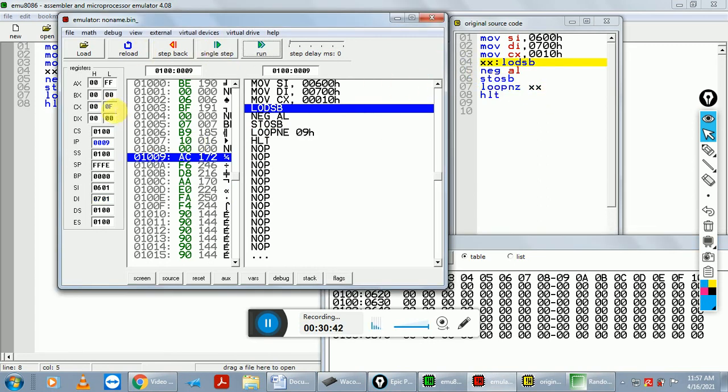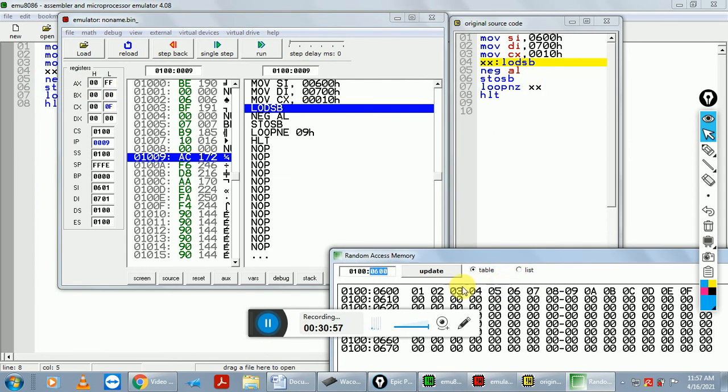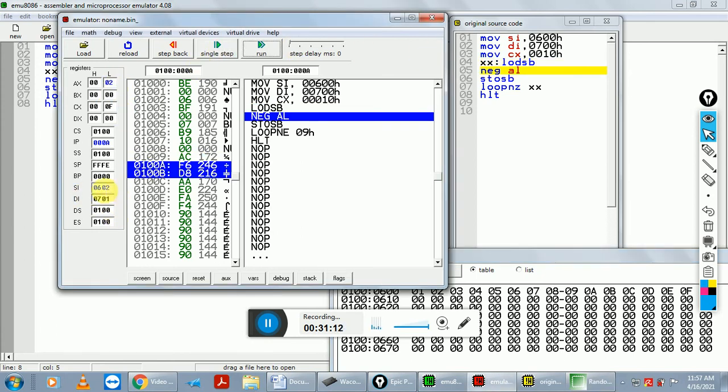The marked label is LODSB, and again the content of SI indicates the 0601 memory location, where we have data 02 loaded to our AL register, and it also increases our SI value by one.